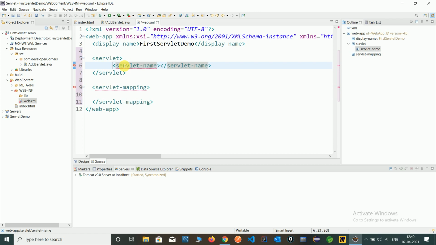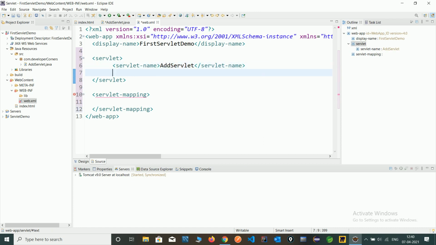Our servlet name is AddServlet, so give the name AddServlet, and also one servlet class name. We should write the fully qualified name, that is the developercorners package name and AddServlet as the class name.